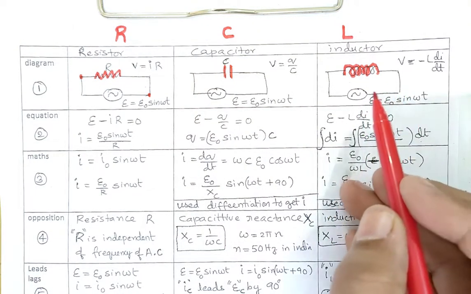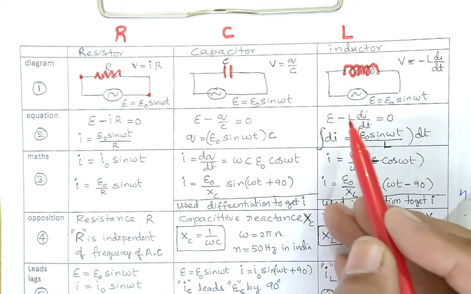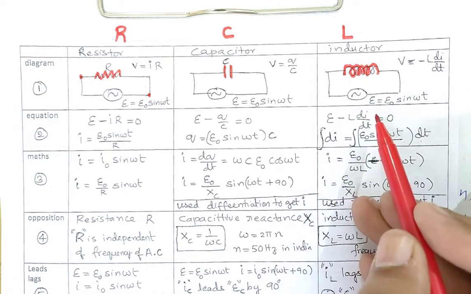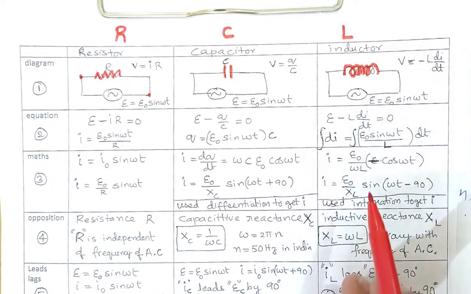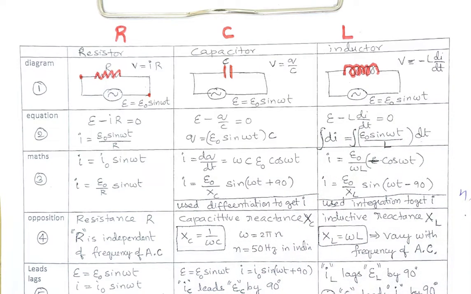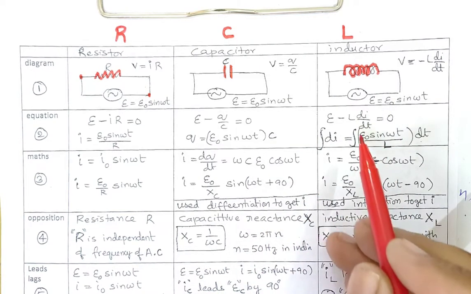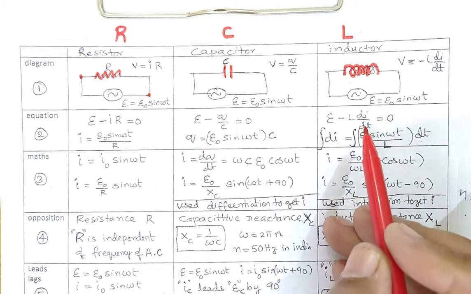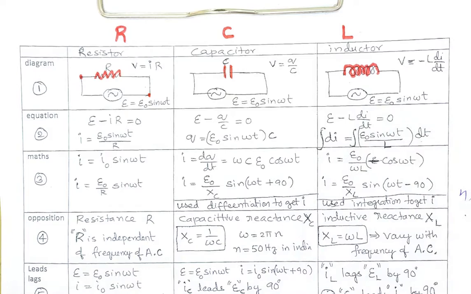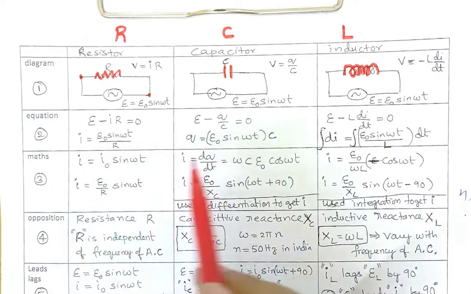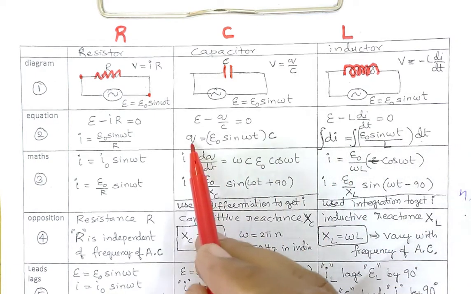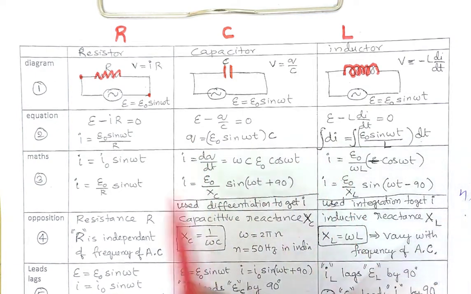Here there is a potential rise E minus a drop L di by dt, where L is the inductance of the inductor and di by dt is the rate of change of current in the inductor. Because of the alternating current, di by dt exists. In case of direct current, di by dt doesn't exist. So take this to the other side, bring the L down, dt up, and di you get on the other side. So here we got directly I, here we got Q, here we got di. This is to be differentiated to get I, this is to be integrated to get I, this directly we get I.